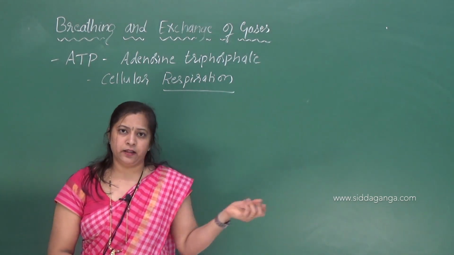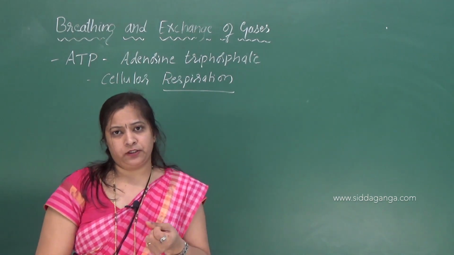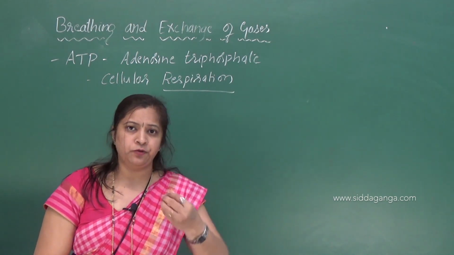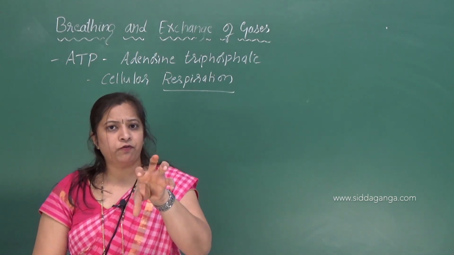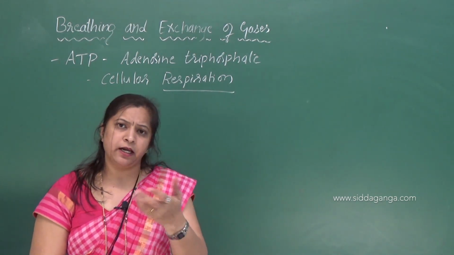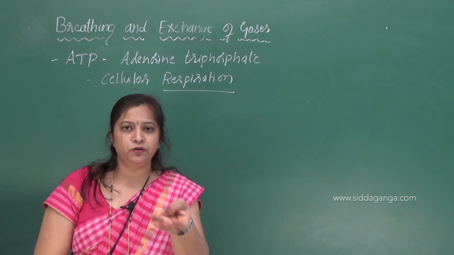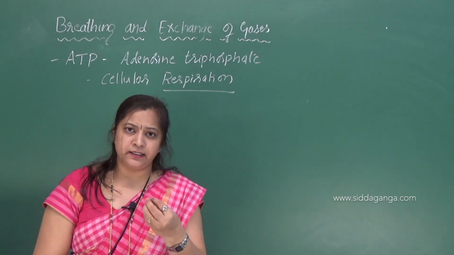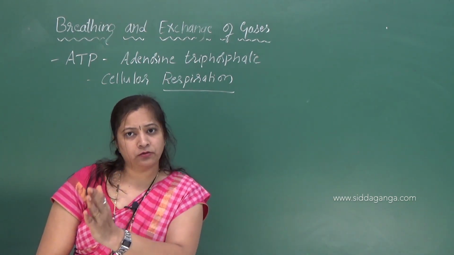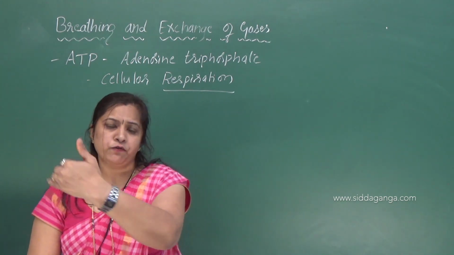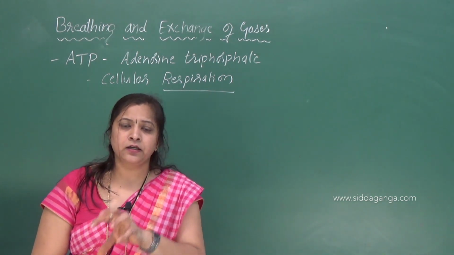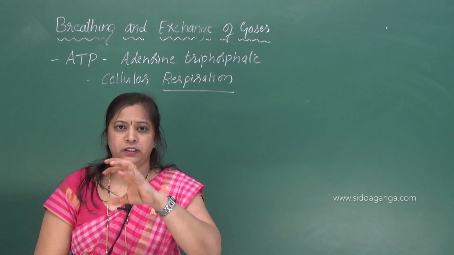I already studied in the last chapter the digestion process in human beings. The digestion occurs in the alimentary canal with the help of various digestive enzymes, right? Once the food is digested in the alimentary canal, what are the end products of digestion? The end products of digestion, that is glucose, amino acids, fatty acids, are absorbed into the blood. Once they are absorbed, the blood will carry these food nutrients to all the cells of the body, and in the cells these food nutrients get oxidized.